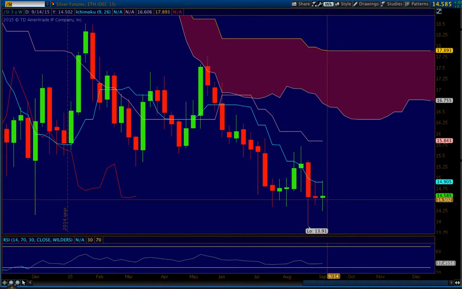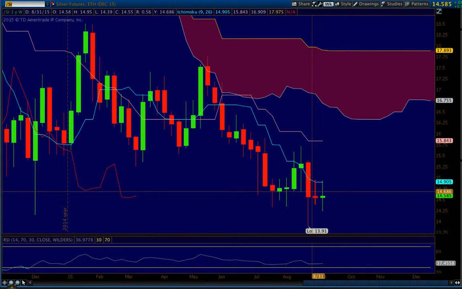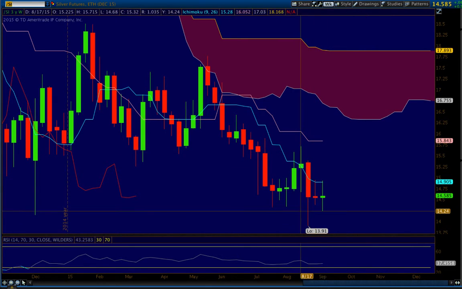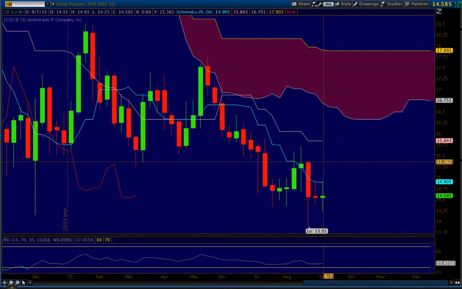We do show that there is some buying support under 1450, which has proven itself over and over again on multiple weeks. But if you want to get actually bullish on silver, you really need to see it get back over 1490 or 1491. If we do get back over 1491, we can see potentially a move up to 1536, which